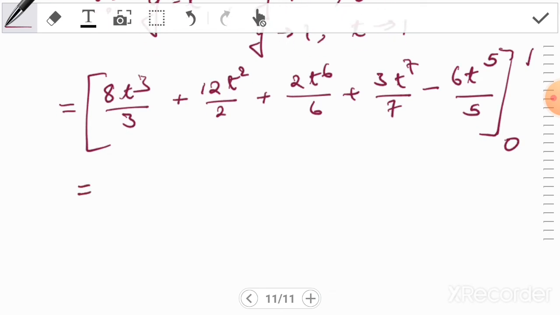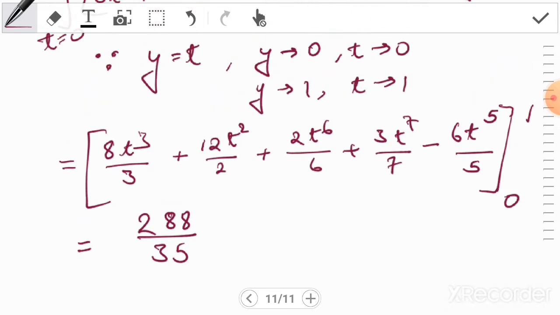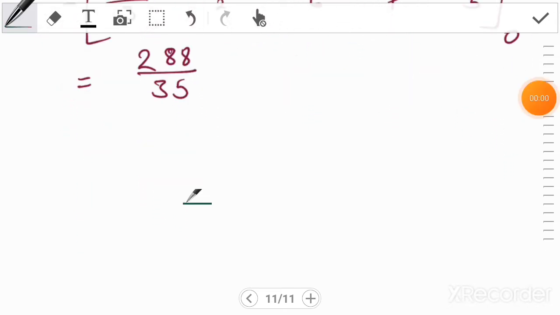So again, by substituting the value of t, this will be reduced to 288 by 35. So verify your answer. Next is